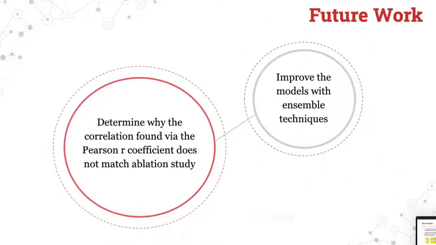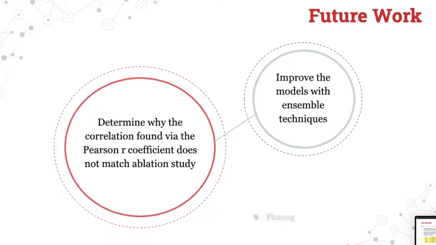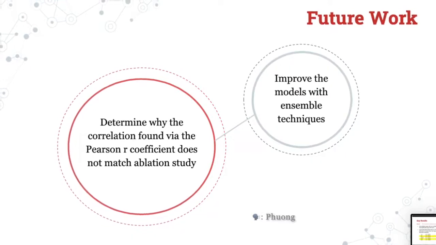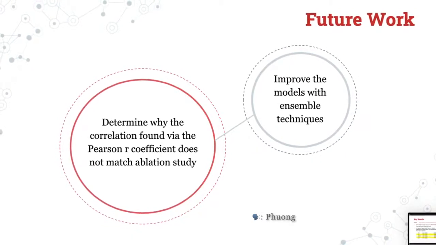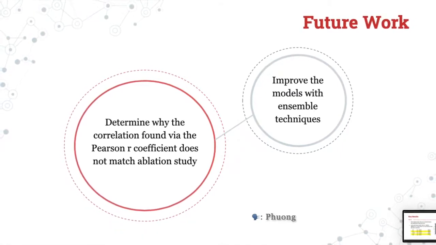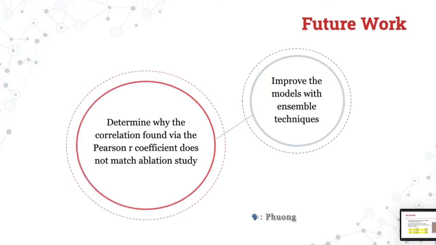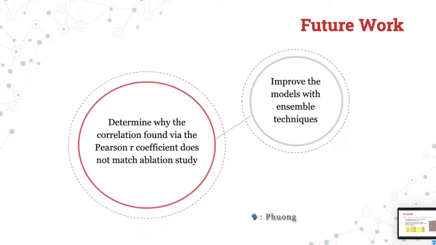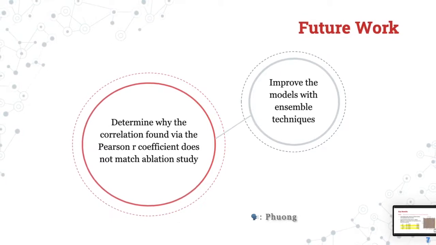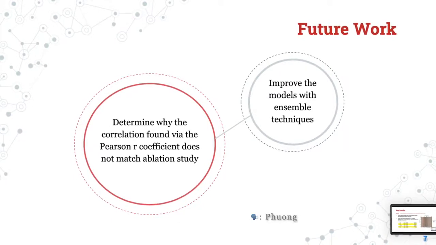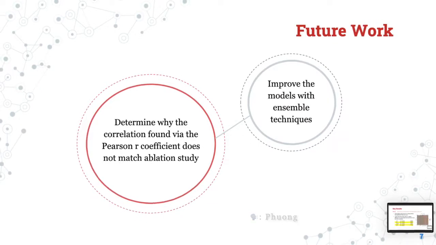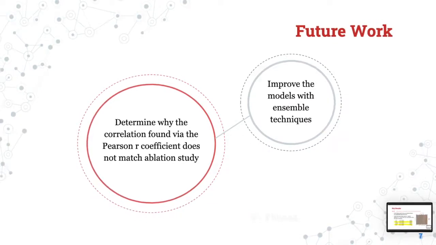There are 2 possible pathways we can take to expand our project. The first one being improving the models with ensemble techniques. Ensemble techniques are algorithms that combine machine learning models into one in order to reduce the variance and bias. Another approach would be to extend part 2 of our project. We can seek out to find why our results from part 2 disagree. Both of these ideas are viable and can help us further reach the goal of this research.